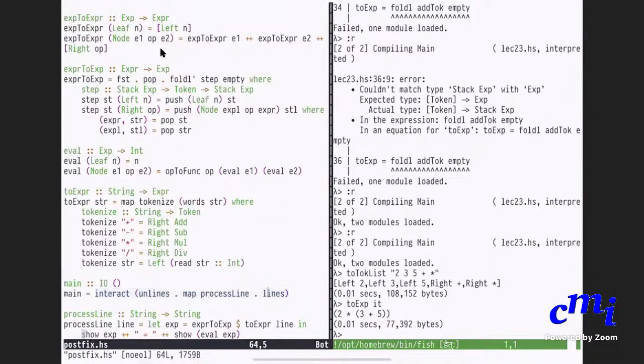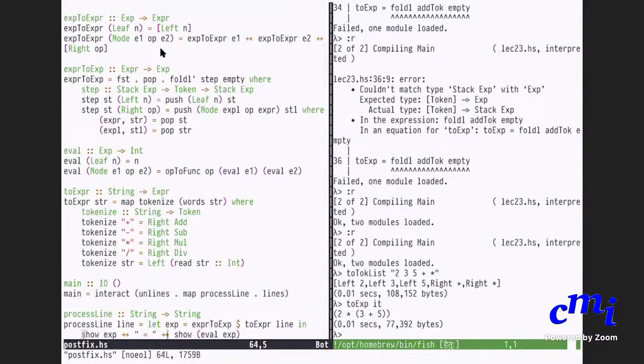Inside that function, you split the input into lines. On each line, you do map of process line. For every line you do a process line function, and then you unlines, putting all the lines together as the single output. Now this process line is just this. The EXPR is a list of tokens.